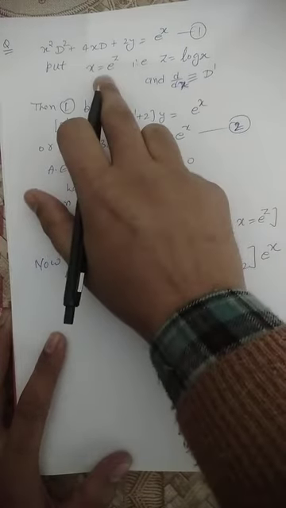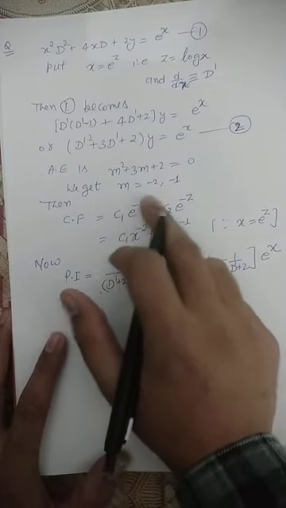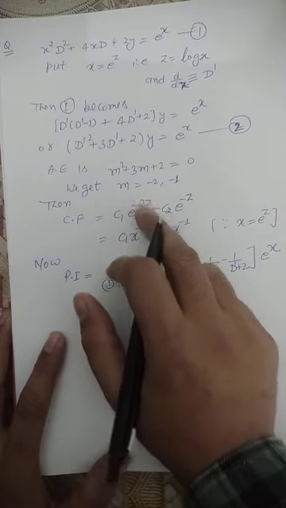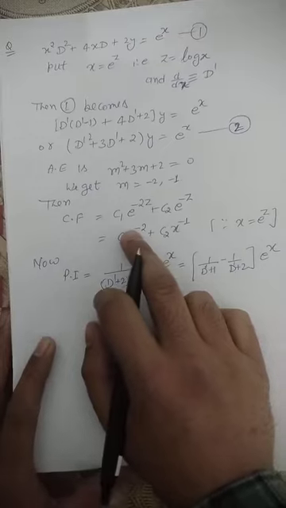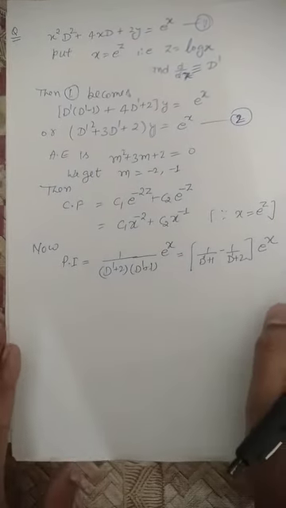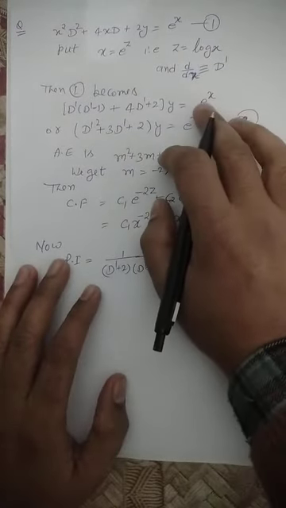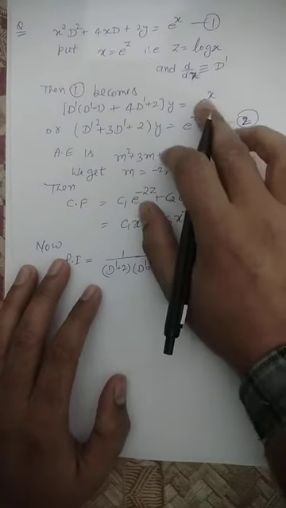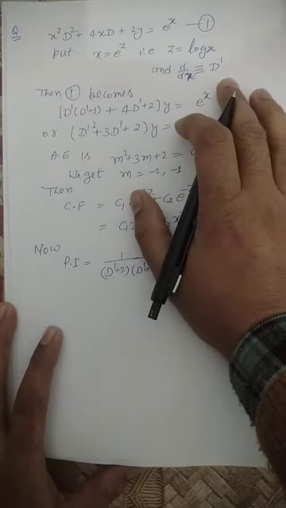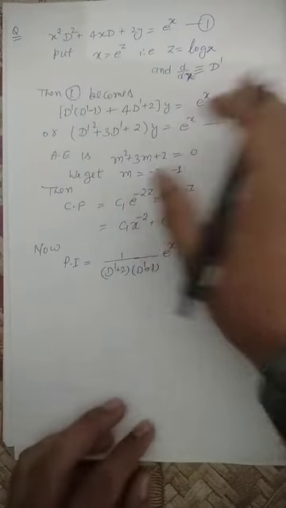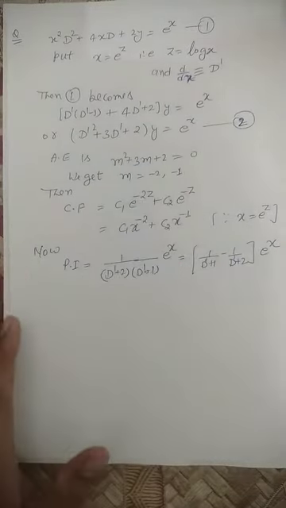As you have seen, we have put x equal to e to the power z, so we have to change back: e to the power z equals x. So this will be x to the power minus 2 and x to the power minus 1. This is the CF of your differential equation. But our main focus is how to find the PI. In this type of differential equation, you don't change the right side. Don't put it to the power z here, just leave it, because finding CF is a different thing and finding PI is a different thing. So now we are going to find the PI.